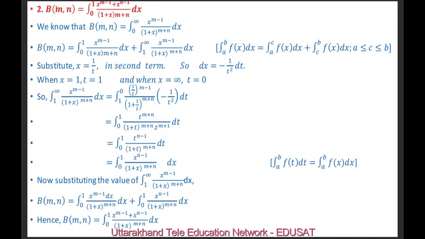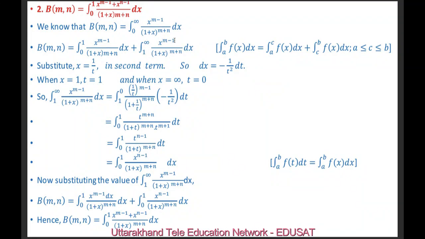Now we will show that beta(m, n) is equal to the integral from 0 to 1 of (x raised to m minus 1 plus x raised to n minus 1), over (1 plus x) raised to m plus n dx. We know that beta(m, n) is equal to the integral from 0 to infinity of x raised to m minus 1, over (1 plus x) raised to m plus n dx. This result we have proved